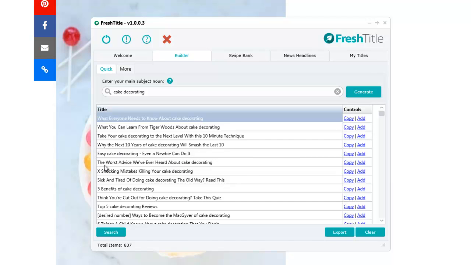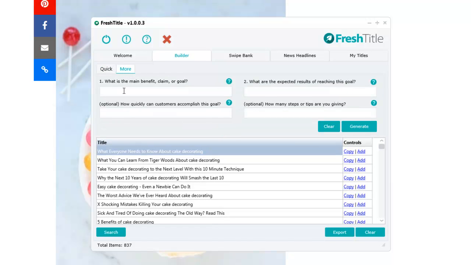So you can see the worst advice we've ever heard about cake decorating, that might be interesting to some people, what not to do, what to do. And then you have 5 benefits of cake decorating. So if that particular market is interested in cake decorating, then that title will actually grab their attention and they'll want to learn more. And another cool feature is, if you click on here, you do have the option, you don't have to fill in all of these, but the training video will show you that you can click clear, or you can export it,